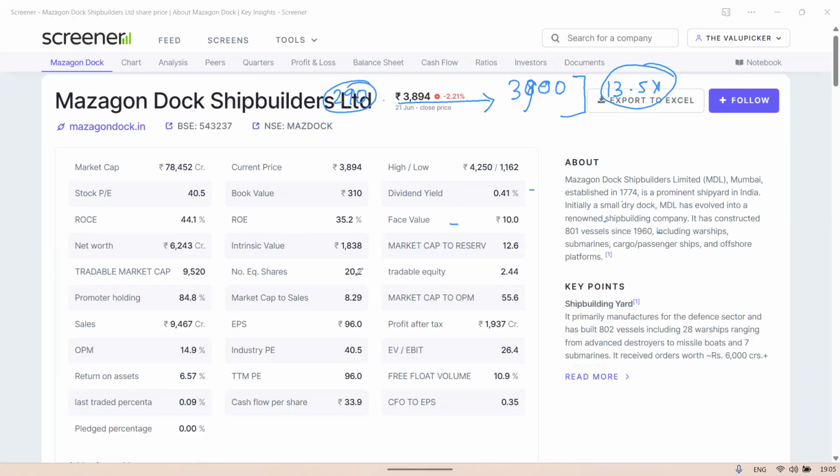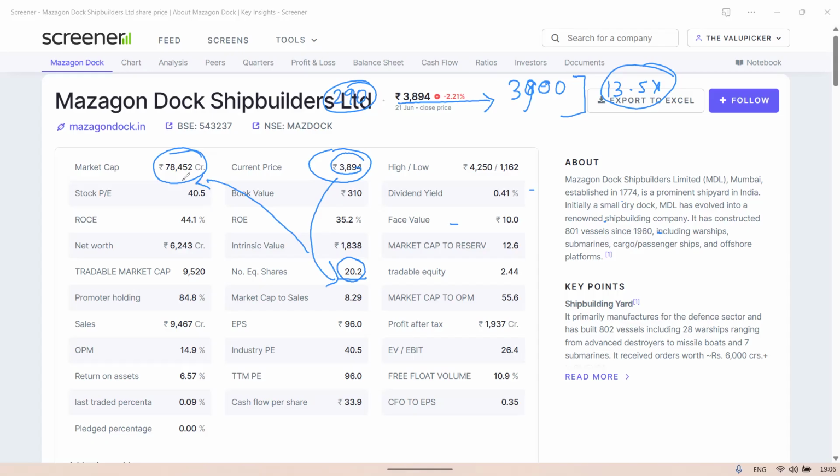Equity share of 20.02 share. Can you see 20.02 share? Now multiplied with the current price. If I do 3894 and multiply, you will get this. So the current price and how many shareholders are there, how many people are holding all this. So we are getting this because every shareholder is worth this value. So this much shareholders are there. So this is the market cap.